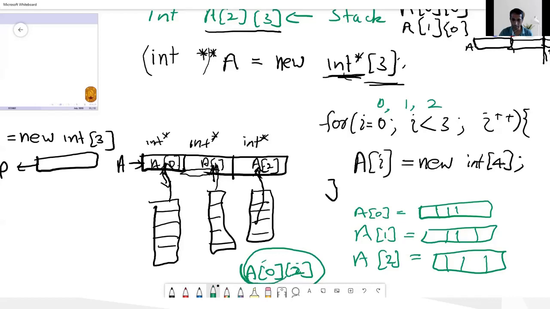So a0 means it will go to this pointer, and from there you go 2 indices down. So if you say a[1][2] or a[1][3], a1 means this one, and then from here you go to index 3 or 4. So this syntax will work for this kind of array. So this one is generated using dynamic memory